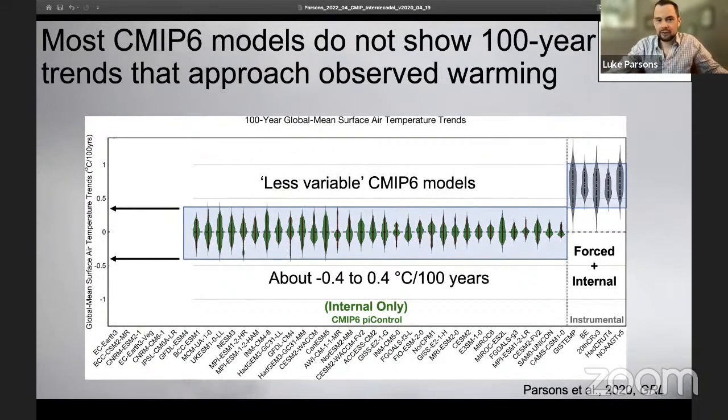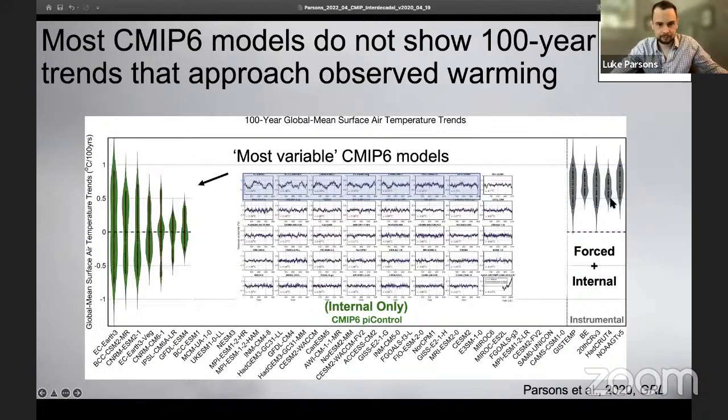So let me focus your eye in first then on these less variable CMIP6 models. So roughly 80 to 85% of these 39 or 40 model simulations tend to really agree with each other pretty darn well. And they'll never have a trend over 100 years that really exceeds 0.4 degrees of warming or 0.4 degrees of cooling per 100 years. And that kind of falls nicely underneath the 1880 to 1980 trend, which are these bottom dots over here from the instrumental data.